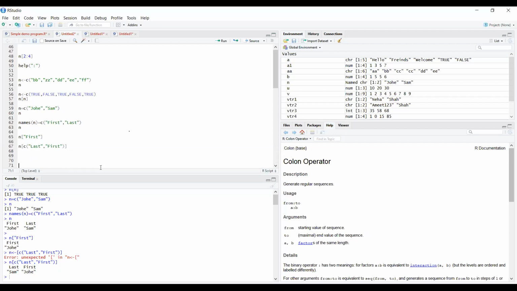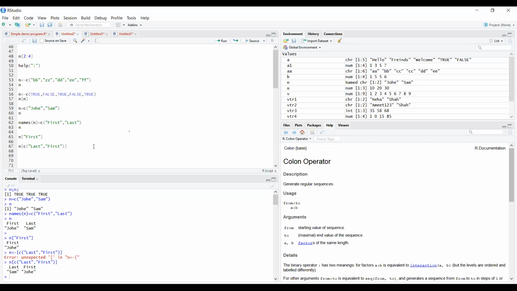Okay, so now we are moving on to the next part, that is the matrix. The same scenario we can use in the matrix also. We can also add and subtract the different matrices. First of all, tell me what a matrix is. A matrix is a collection of data elements which has 2 dimensions, meaning 2 by 2 or 3 by 3 or whatever size the matrix is. So how are you going to design the matrices, I will tell you.